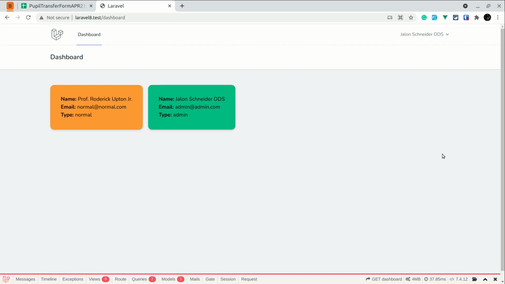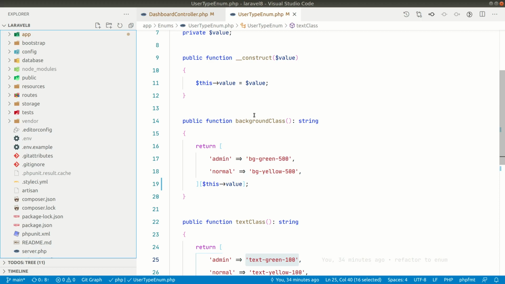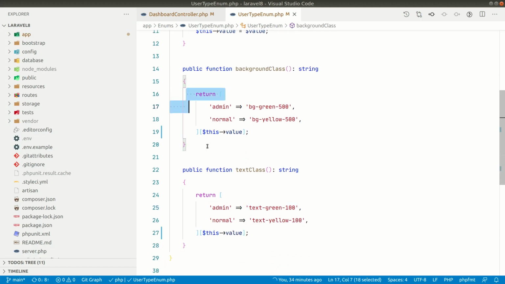And if you don't know about polymorphism, it is just one thing that will act as a different thing. So we'll be just switching the classes at runtime. If you are not getting what I am saying, then let's practically look into it and you'll understand it. So we are just showing the background color by the user type. Yeah, so now here, we were here in our previous video.